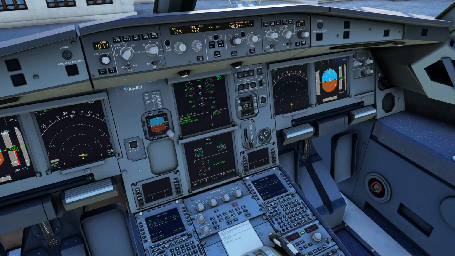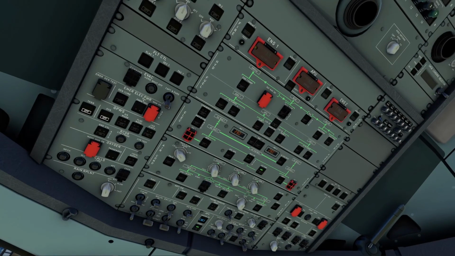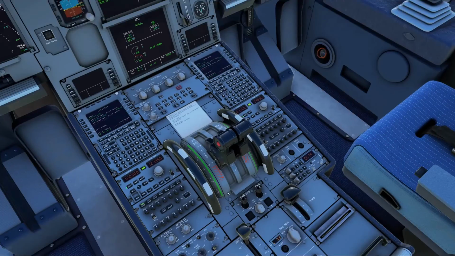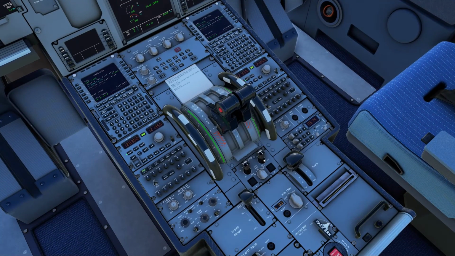Right, good. We've got 100% on the APU. So let's just switch off the engines. Okay, so number 2 and number 1.